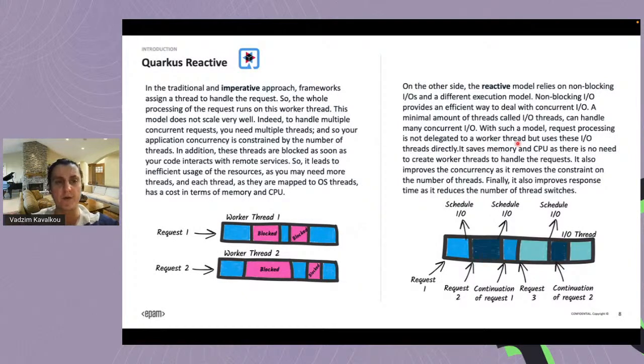In the traditional imperative approach, frameworks assign a thread to handle the request. So the whole processing of the request runs on this worker thread. This model doesn't scale very well. Indeed, to handle multiple concurrent requests, you need multiple threads, and so your application's concurrency is constrained by the number of threads. In addition, these threads are blocked as soon as your code interacts with remote services or some other blocking systems, so it leads to inefficient usage of resources, as you may need more threads, and each thread,